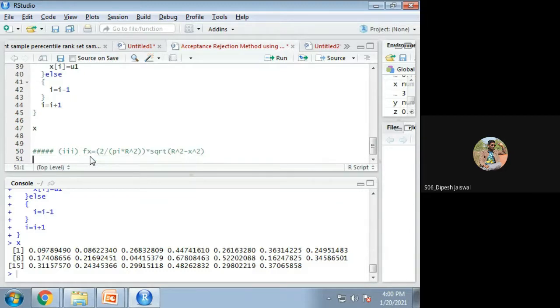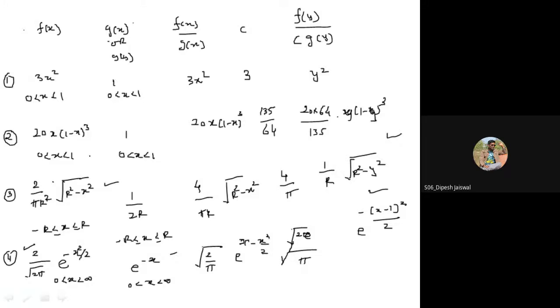You have to give the full bracket, otherwise it will get confused. But first you have to generate the random numbers from uniform with the range 0 to 1, and then transform to the range minus r to plus r.